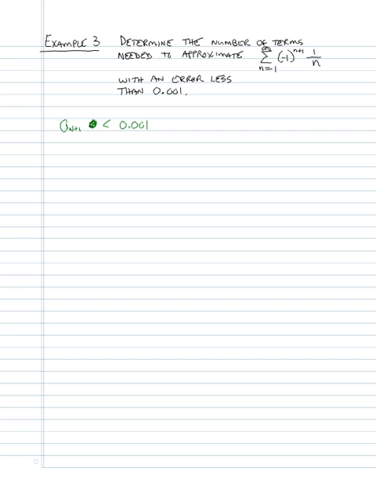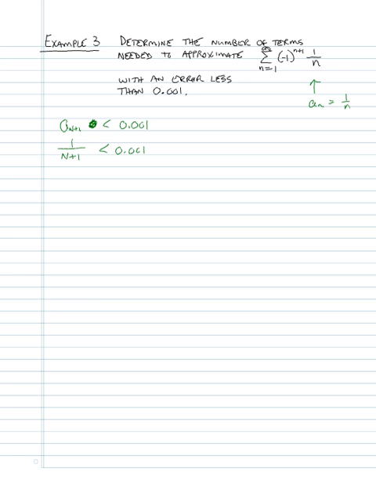0.001. I didn't try this previously because the a sub n's were much more complicated and it was hard for us to do that. I just did it by brute force, looking at one example after another. And looking at one example after another here is going to be a little tedious because we would go a long way. But let's just recognize that a sub n plus 1 is pretty simple. A sub n plus 1 is really just 1 over n plus 1, isn't it? Remember, these are the a sub n's, and those are the 1 over n's. So a sub capital N plus 1 is just 1 over that index, n plus 1. So that's what has to be less than